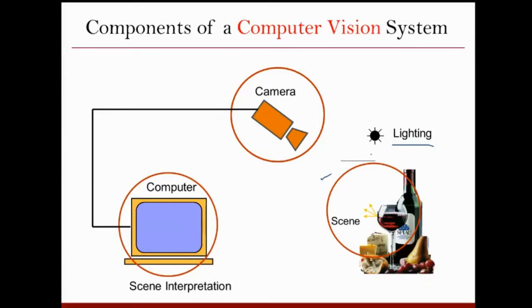In computer vision, just as you need your eyes in human vision, we have to see with the help of a camera. So the camera is the first very essential part. Then whatever you see, you need to process, and for processing you need a processor or computer. Whatever you see through the camera needs to be illuminated through lighting. And there is a scene in front of you that you are seeing with the camera and interpreting. So you can always map computer vision to human vision, and then things will be easy to follow.